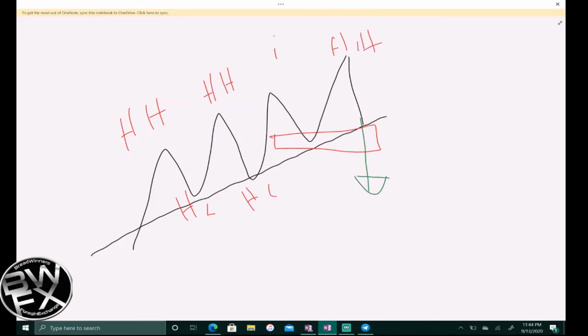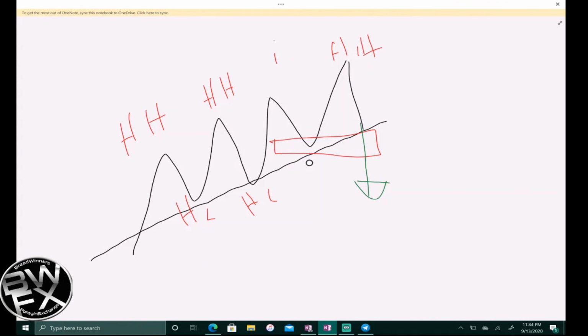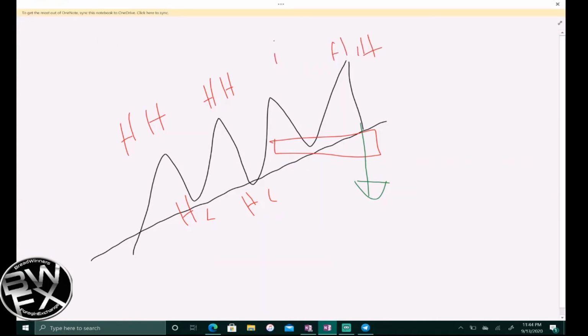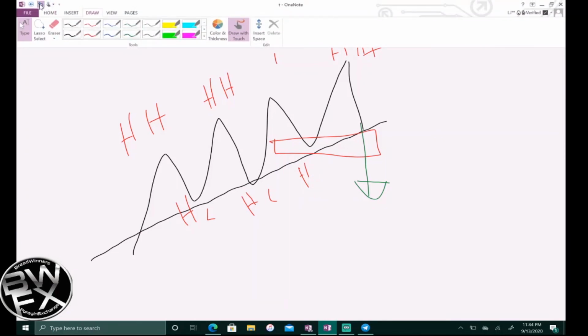Now you're looking for another higher low to be created right here, which we did not get, because this level right here where this previous higher low was, right here, was broken by this structure. So knowing that, what do we do next? Well, I can tell you